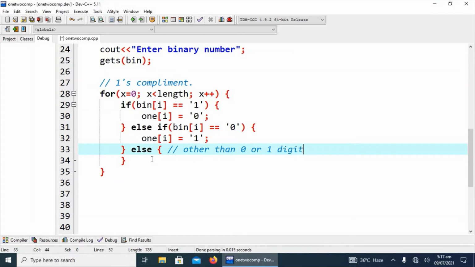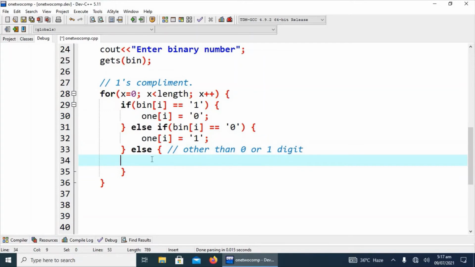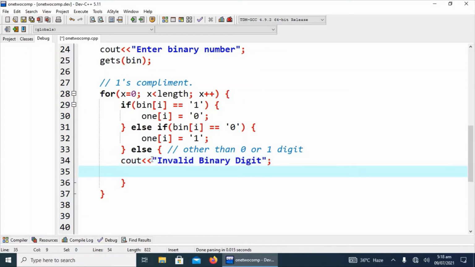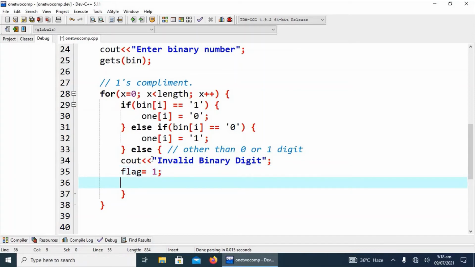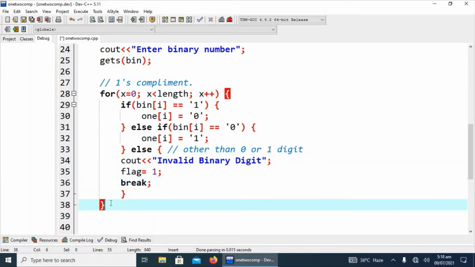If we have a digit other than 0 or 1, then we will have to print cout "invalid number or binary digit", set the flag to 1, and later break the iterative loop.